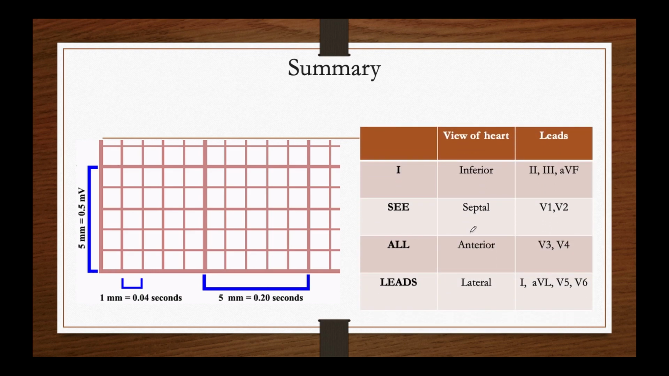Then also we learned that the leads give us information as to which part of the heart there is a pathology. And so standard lead 2, lead 3, and AVF will give us information from the inferior part of the heart. From the septum, we are going to look at V1 and V2. Anteriorly, we are going to look at V3 and V4. And laterally, we are going to look at standard lead 1, AVL, precordial lead 5, as well as